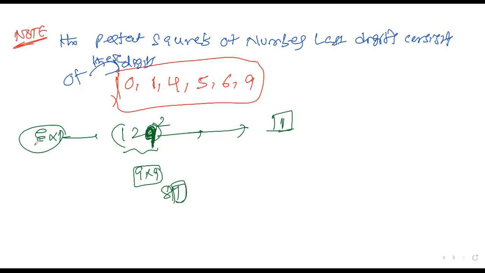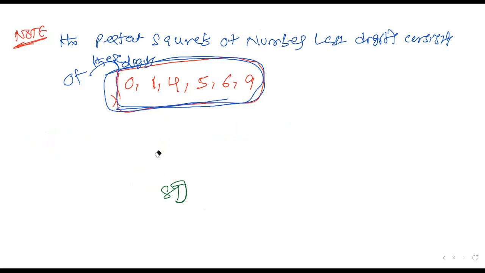It means if a number is a perfect square, it should consist of these last digits only. Right now we are in the square section, so we should not go for square root. So for a perfect square, we need to check whether the number is a perfect square or not. That is the situation where we use this.